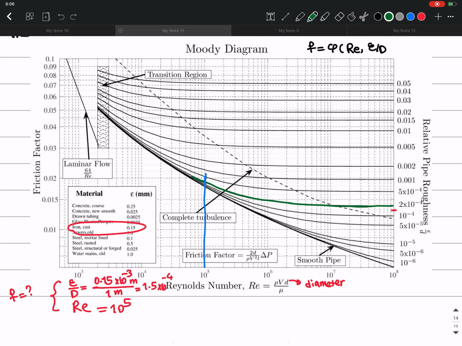So let me also plot this one. So it should be somewhere in between these two. So it's going to be somewhere here. It's approximately, so you will find it approximately. And then in order to find the friction factor, you just go to the left. Okay. So this is